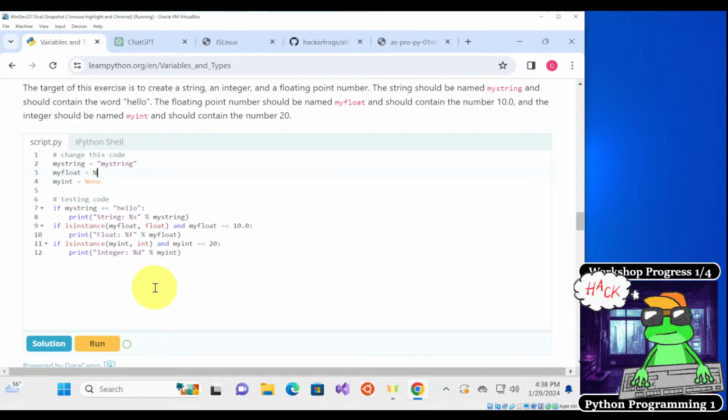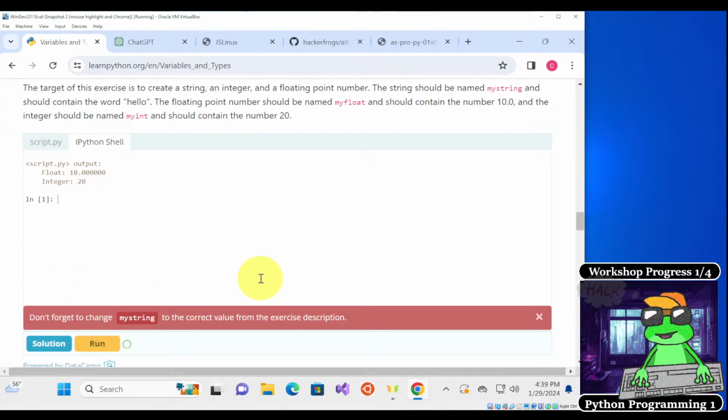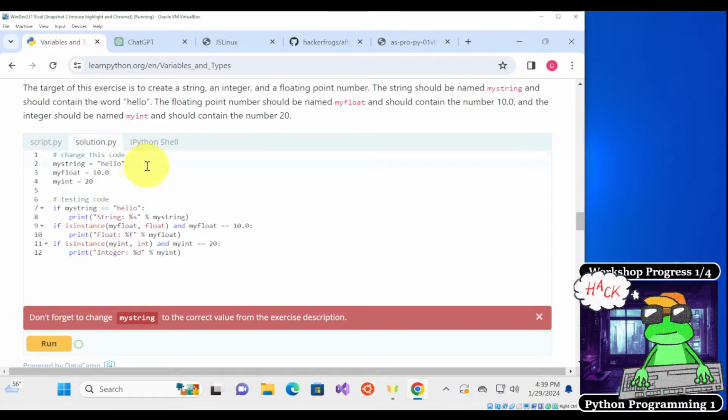Please bear with me. Okay, so my float has to be equal to 10.0, and my int needs to be equal to 20. So just put in these variables here and then run it. Wait, hold on.